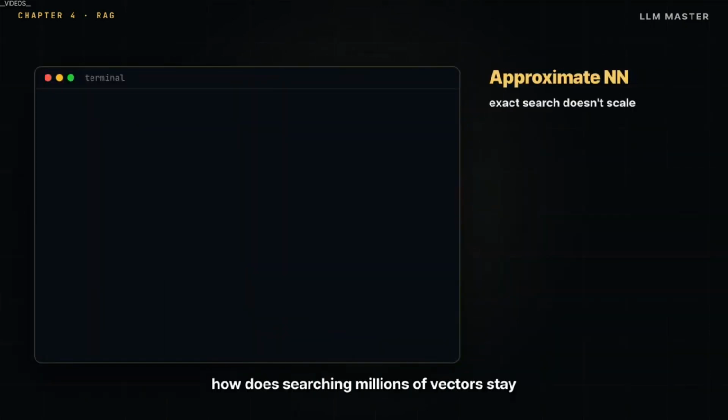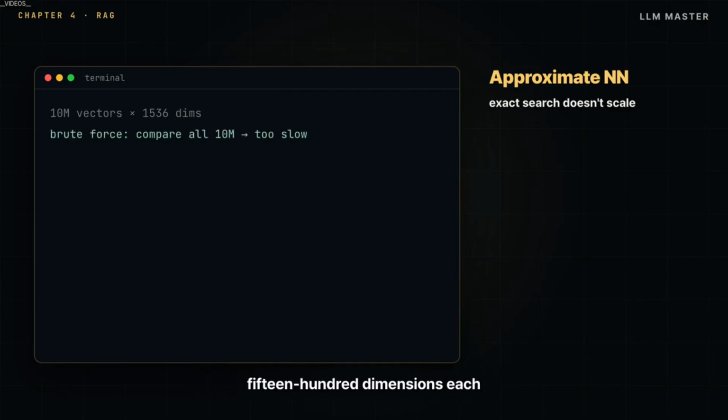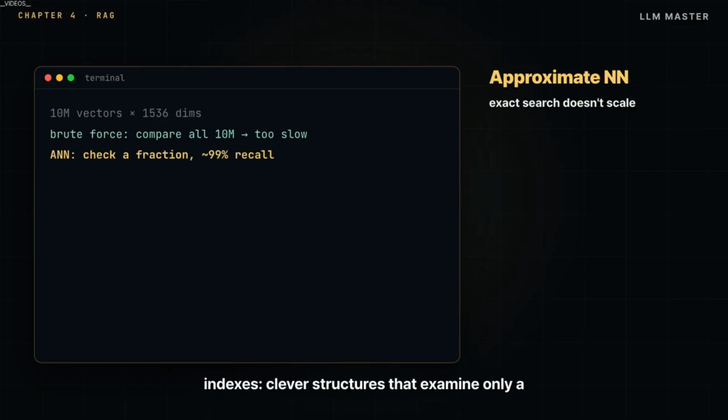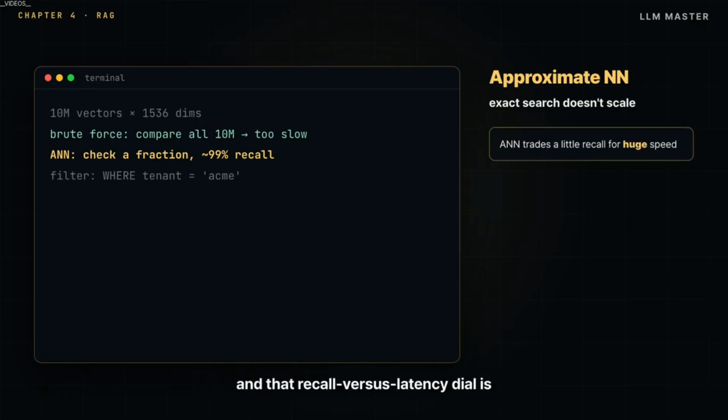Now, how does searching millions of vectors stay fast? It doesn't if you do it exactly. Exact nearest neighbor search compares the query against every single vector. Fine for 10,000, hopeless at 10 million vectors of 1,500 dimensions each. So vector databases use approximate nearest neighbor, or ANN, indexes, clever structures that examine only a small fraction of the vectors and still return the true nearest neighbors around 99% of the time. That last detail is the whole game. You're trading a sliver of recall for an enormous speedup, and that recall versus latency dial is something you tune,